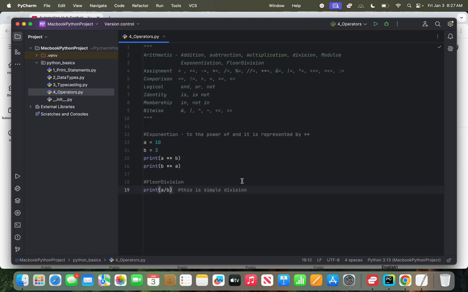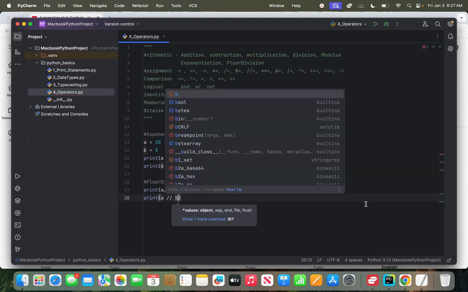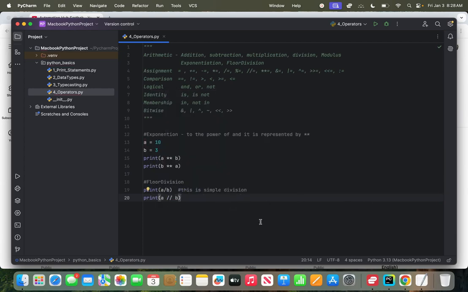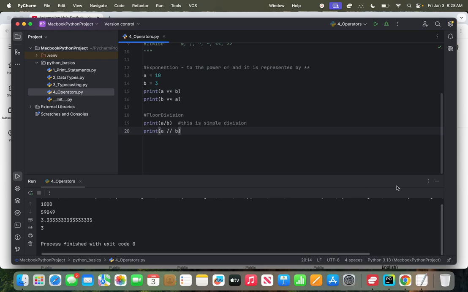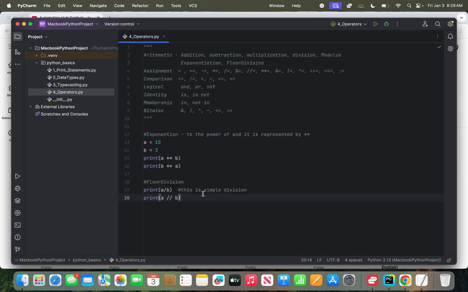Correct. Now, floor division, what it basically does is, if you do something like A floor division B, then it will remove the 0.33 aspect of it. It will remove what happens after the decimal. It will only print 3. That is what floor division is. Okay, so it removes anything after the decimal. This is floor division